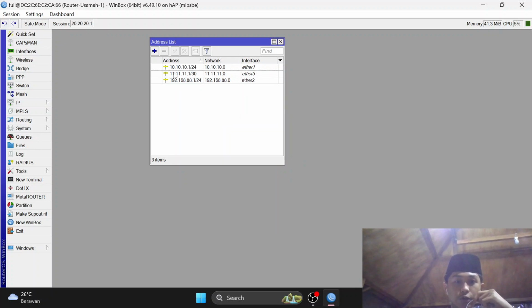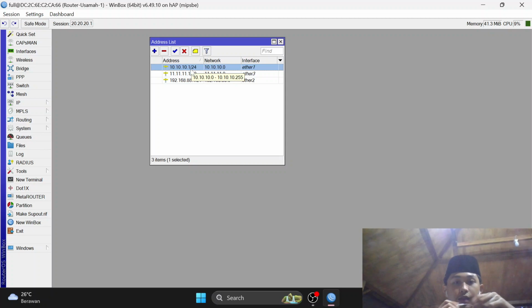Now, user full can add an IP address, and it also can disable here. Disable means deactivating the configuration, and enable means activating the configuration. We can also remove or delete the configuration in IP address.